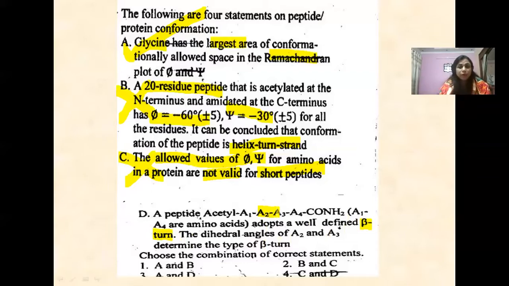Yes, this can be how? Look, this is 1, this is 2, this can be 3, or this can be 3, right? So these 2 and 3 amino acids are the deciding factor. So the beta turn can be here or the beta turn can be here. So this statement is also right. So our option is the third, that is A and D. I think it is clear now.